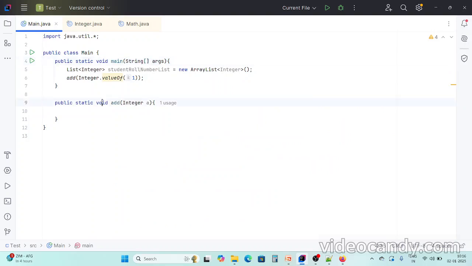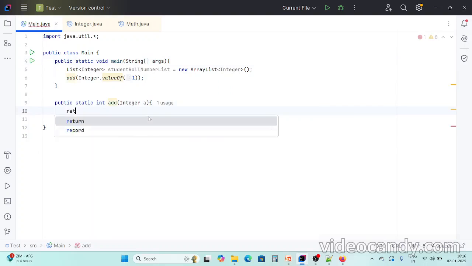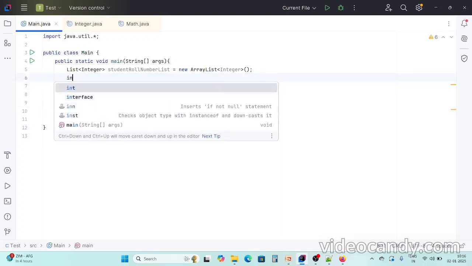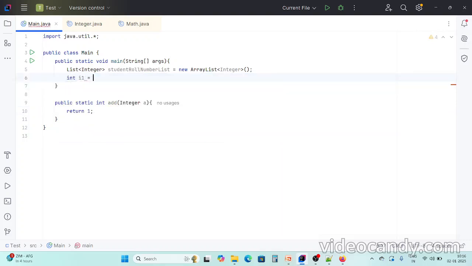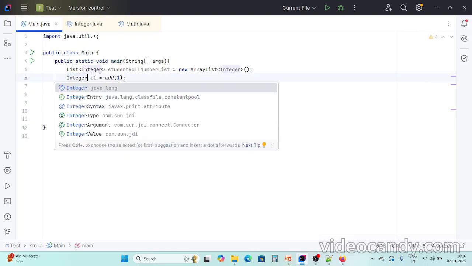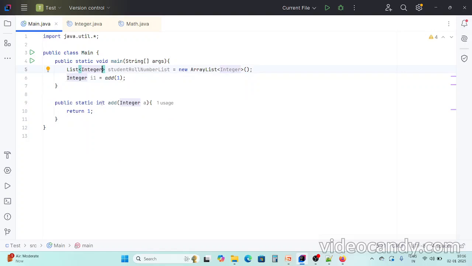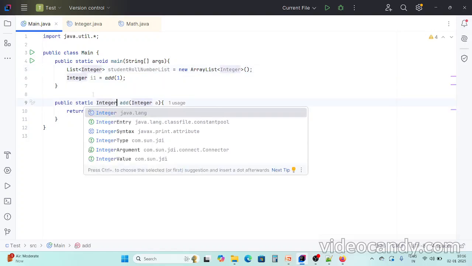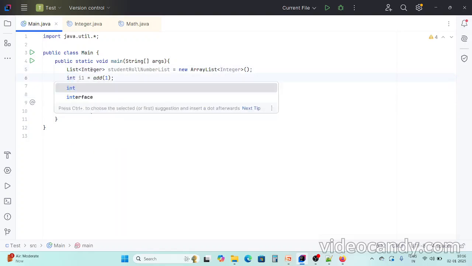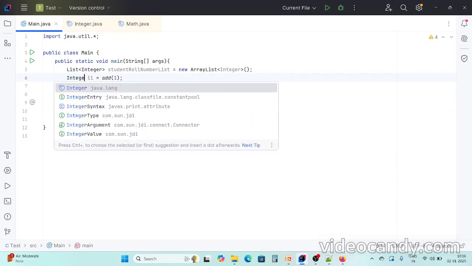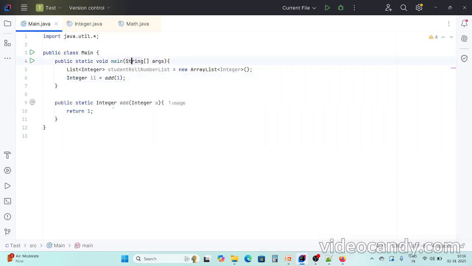Okay, and even for the return types as well. Let's say int return, and it is returning 1. Let's say I'm trying to assign it to a primitive, int i1, it will still work. Add of 1, it will work, because anyway it is returning a primitive type, that's why it did not throw an error. Let's say if you assign to Integer as well, a wrapper class, it will still work. And if it is returning a wrapper class and you are assigning to a primitive, it will still work. So it works everywhere. It works for return types,